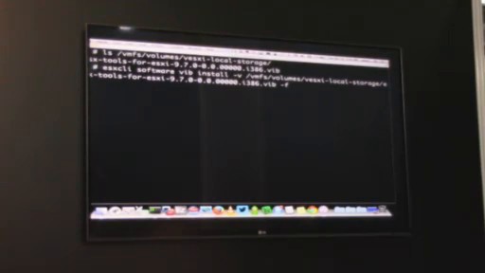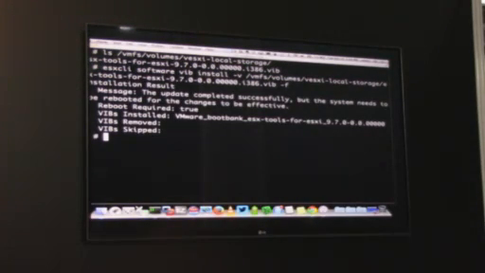Actually, I may need to put it into maintenance mode, maybe. Yeah. Oh, okay. So after it's installed, that's it. One-liner to install it, and then all we do is do a reboot, and VMware Tools will be running on